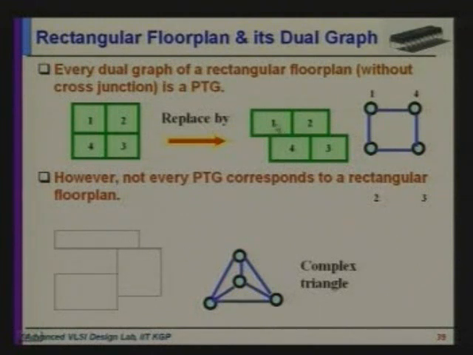Because see, for this 1, 2, 3, 4, whenever they are adjacent, I draw an edge in between. So 1, 2, 3, 4 are vertices, and there is a connection between 1 and 4. There is a connection between 2 and 3. There is a connection between 1 and 2, and between 4 and 3. Right? Because all of them are adjacent, neighboring tiles. 2 and 4 is also connected,